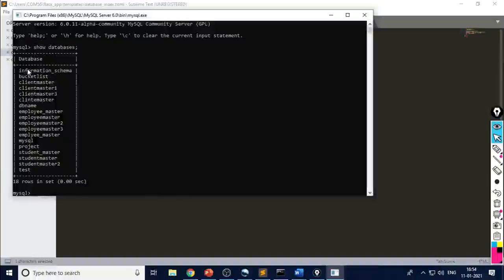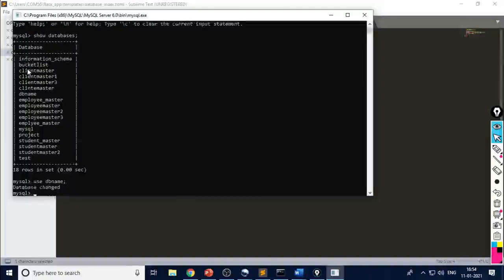Which database are we going to use here? Use DB name. This is the name of our database, so we have to open that one. We used here use DB name, and you can see here database changed. So we are now in this database.